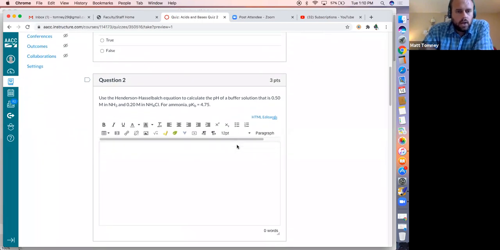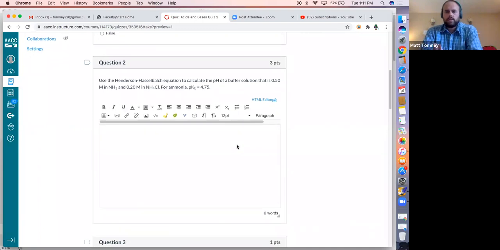Okay. Question 2. So this is where we started. There were 3 questions that required more detailed math, and this is where some people did okay, other people didn't do okay. But we're going to take a more detailed look at some of these. So use the Henderson-Hasselbalch equation. I'm going to stop right there. The number of people that didn't even have the Henderson-Hasselbalch equation present in their work was astounding. It says in the instructions,